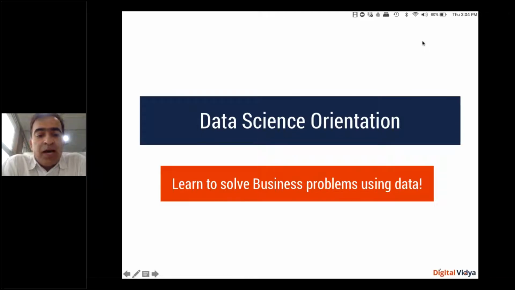We are going to look into the entire space of data science. I know some of you want to get into building a career in the data science space, or want to upskill your existing skill set and add data science to your kitty. We'll try to answer all the questions that you have related to the data science space today.